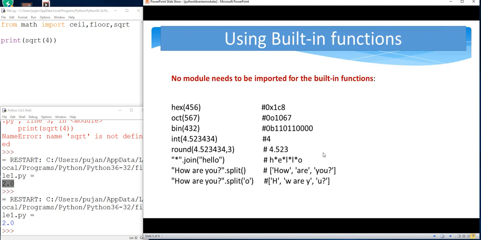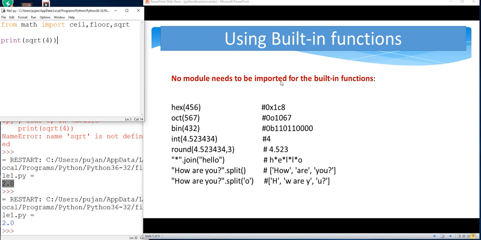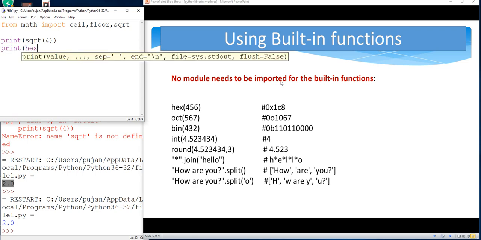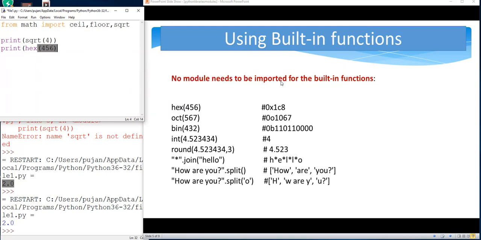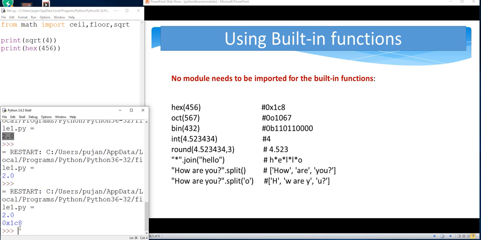Let us have a look at some of the common built-in functions that we have used. They are present in the standard library or the built-in library, which is automatically distributed with Python, and hence I need not import anything for that. I just have to write the name of the function. There is no dot, there is no from, there is nothing needed. Say I just want to convert 456 into its hexadecimal equivalent. It is 0x1C8. So hex, oct, bin will give me binary, int will convert into an integer value, round,